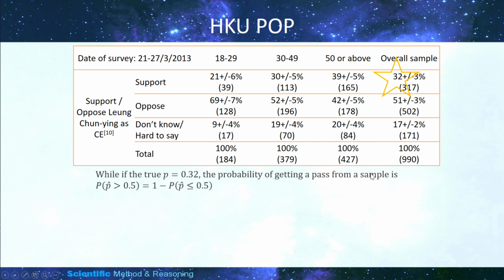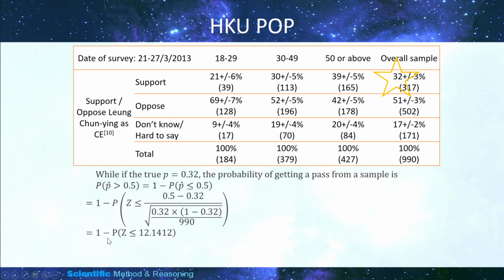Okay, based on a random sample of 990, if the true proportion of supportiveness is only 0.32, what is the probability of getting a pass? That means the sample proportion is greater than 0.5. Then by the central limit theorem, that is simple. This can be written as 1 minus probability of p hat less than 0.5. Okay, and by the z transformation, we have 0.5 minus its mean, which is 0.32, divided by the square root of its variance, which is 0.32 times 1 minus 0.32 divided by n. And this probability is very, very small,